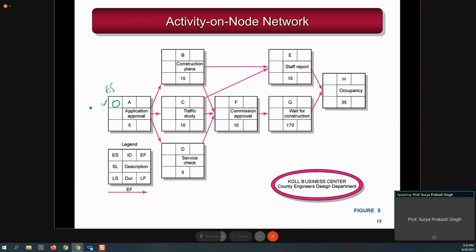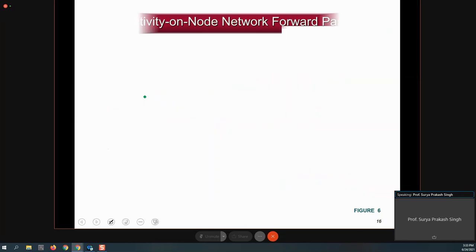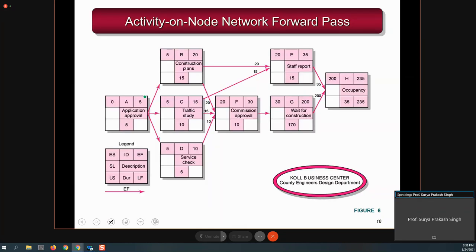And when can it finish, how early can it finish? This is the early finish time. It can finish earliest in 5 days, because you are starting at the 0th time and it will take 5 days. So with the help of this common logic, we calculated the early finish time for activity A. I hope it is very easy to understand for the first activity.